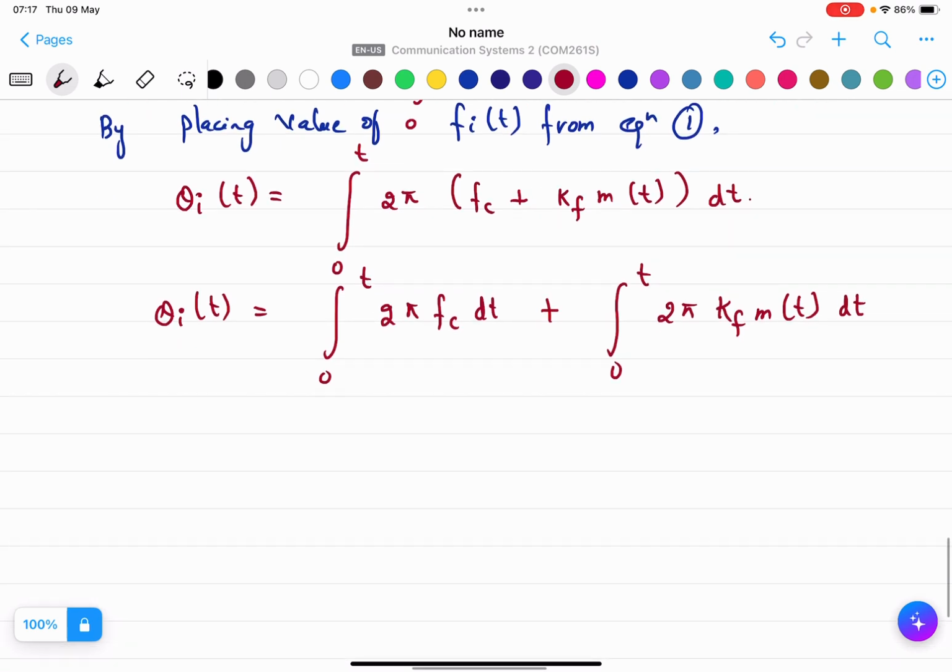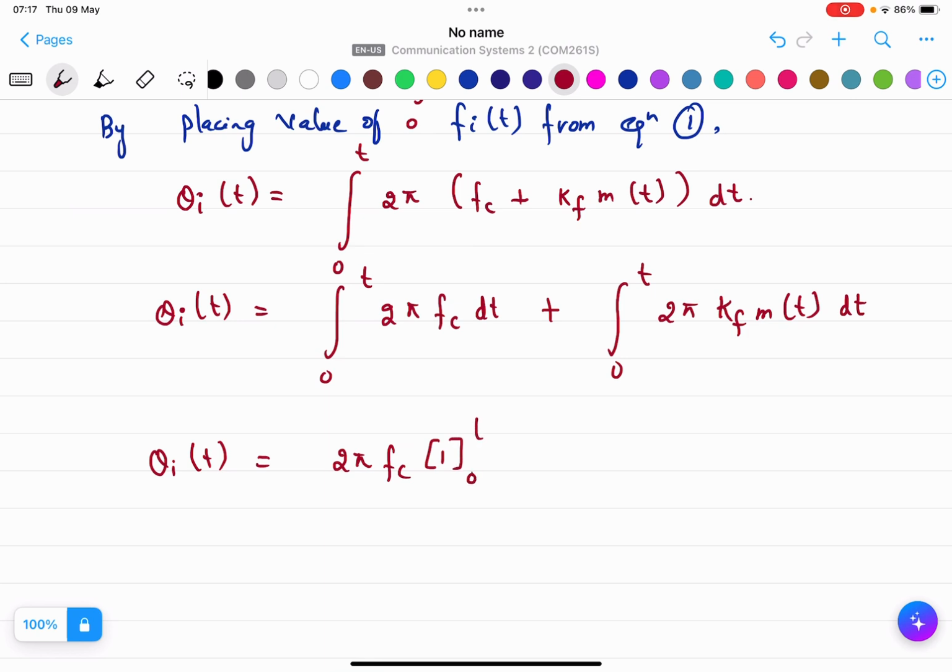So this will be the equation. Now I have to integrate it. So if I integrate it, it will be 2 pi fc, and the integration of dt is 1. And if I put the limits here, it will be like this, plus